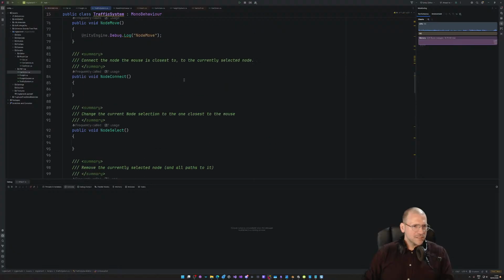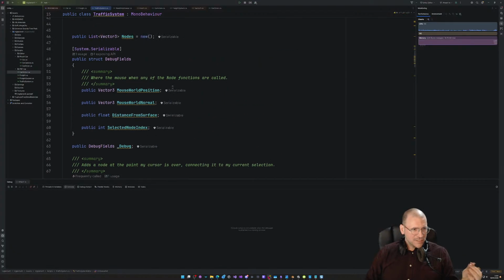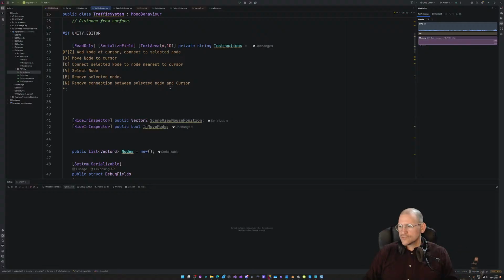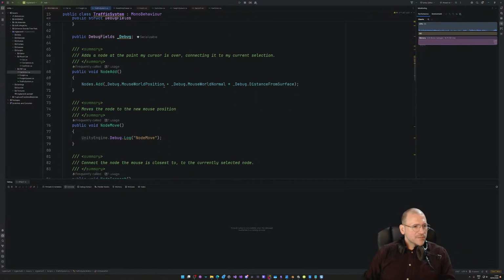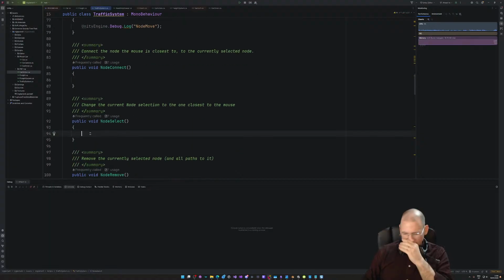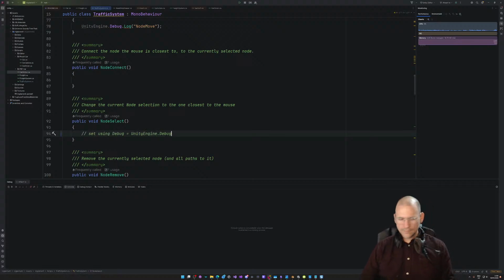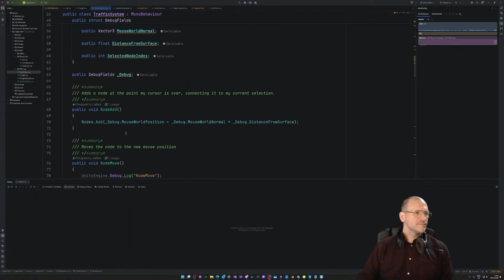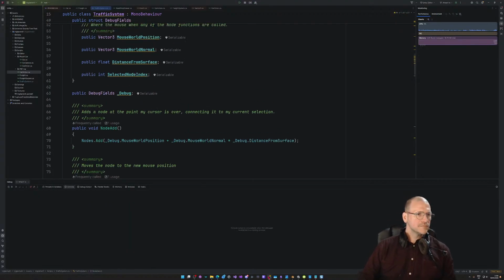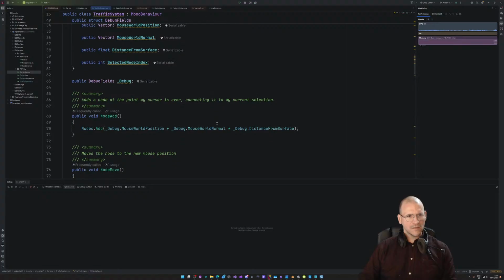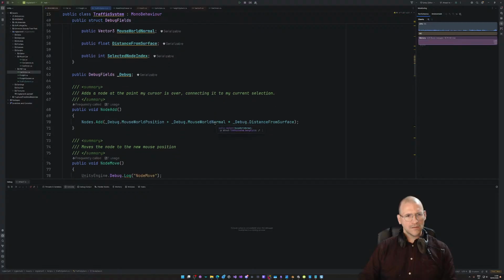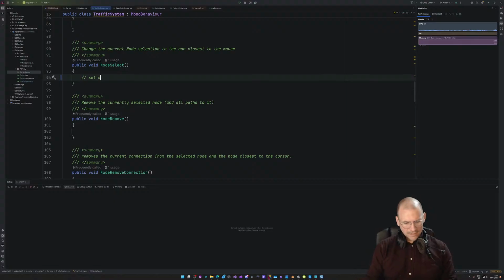But we've got our current selection. Oh, we need to find the current selection now. So we need it to look through and find the closest one to us. All right, so where is my selection? Node select. Set. Nope. Selected index. All right, set selected index to closest